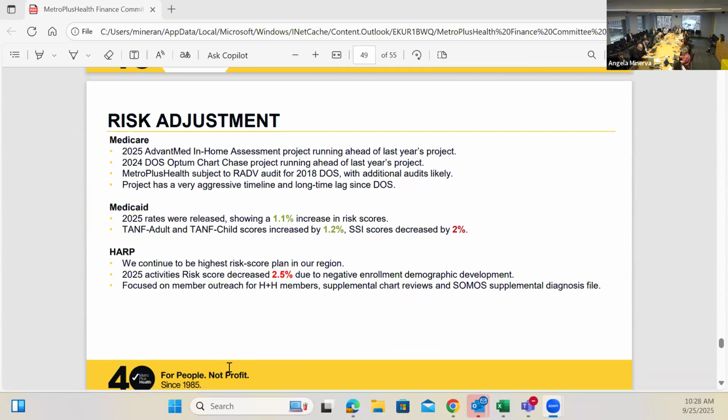So I'll briefly go over risk adjustment by line of business. I'm starting with Medicare. We continue to have positive growth year over year in our risk scores in this line of business, driven in large part by the in-home assessments that AdvantMed conducts for us. This year we have completed about 2,300 in-home assessments, and we're aiming for 2,500, so running ahead of schedule